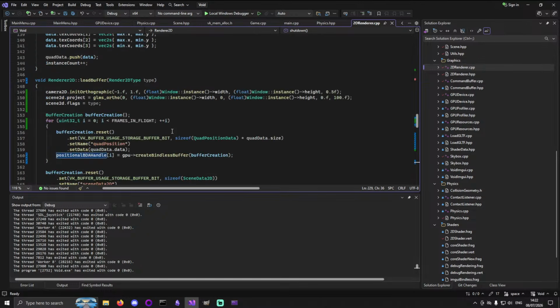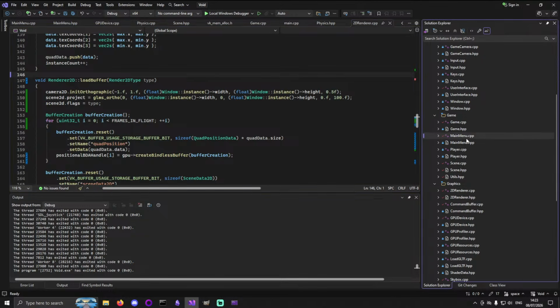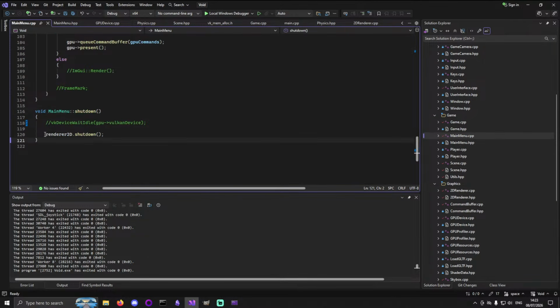Right, okay, so let's figure this out. So we are deleting some resources from main menu. So what I'm going to do actually is I'm going to go into our main menu and actually comment out